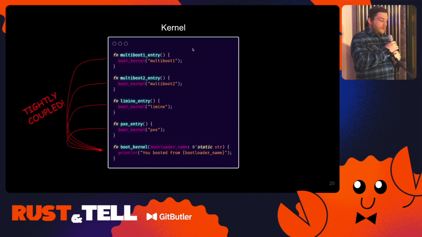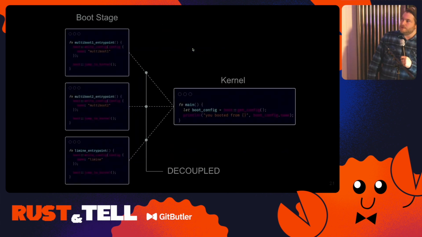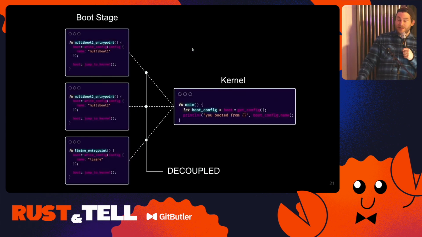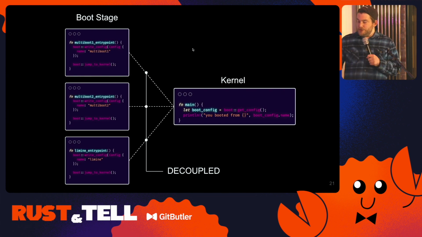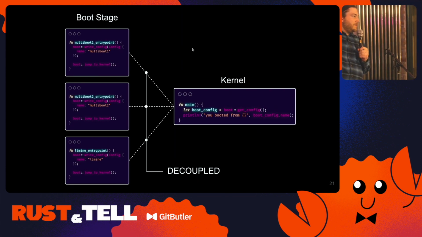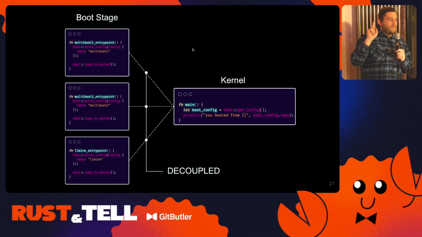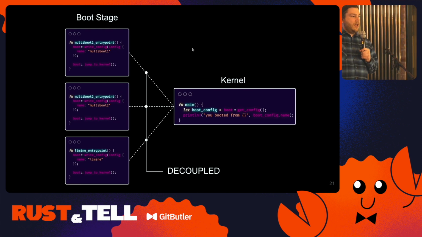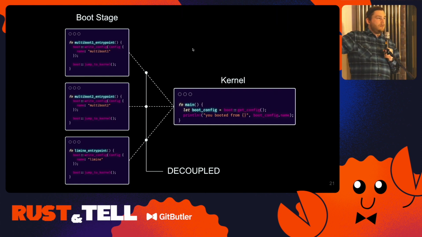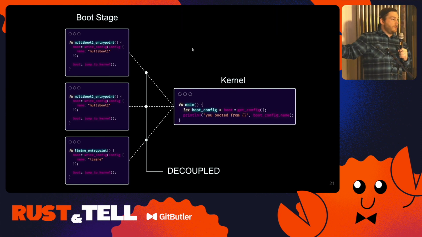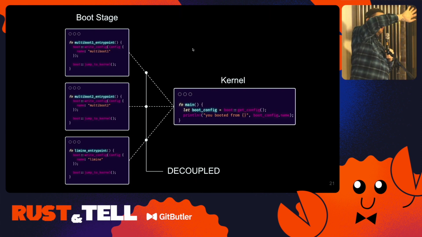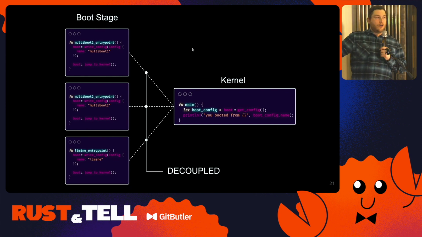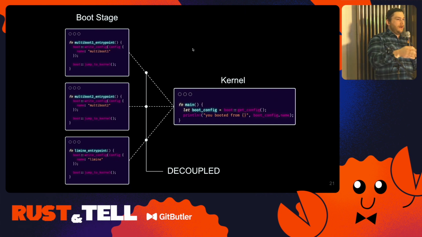And so what is the solution other than to decouple these, right? We have this fancy thing that I made yesterday. So we have boot stages, which are in and of themselves kind of like tiny kernels with one specific purpose, which is to take one of those boot protocols and massage it into yet another boot protocol that we can hand to our kernel, so that the kernel understands one boot protocol, and all of these translate between Multiboot 1, Multiboot 2, et cetera, to our kernel's boot protocol, right? So it's just one added layer. You can think of it as kind of an abstraction, right?